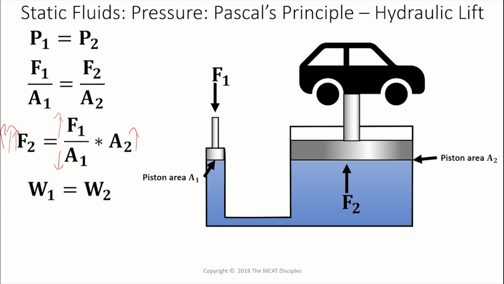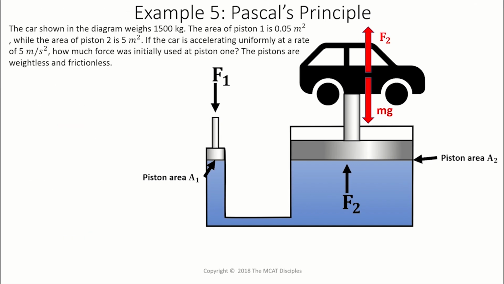The other thing to remember is that in this, the work is also constant, right? The work you do on the left is also the work that you do on the right here. And so this is also an equation that you can use and you may need to use in questions relating to Pascal's principle. Pascal's principle just says that the pressure generated at one point on a fluid or exerted on one side of a fluid is going to be spread out undiminished to the rest of the fluid. Alright, so here is just an example dealing with Pascal's principle.